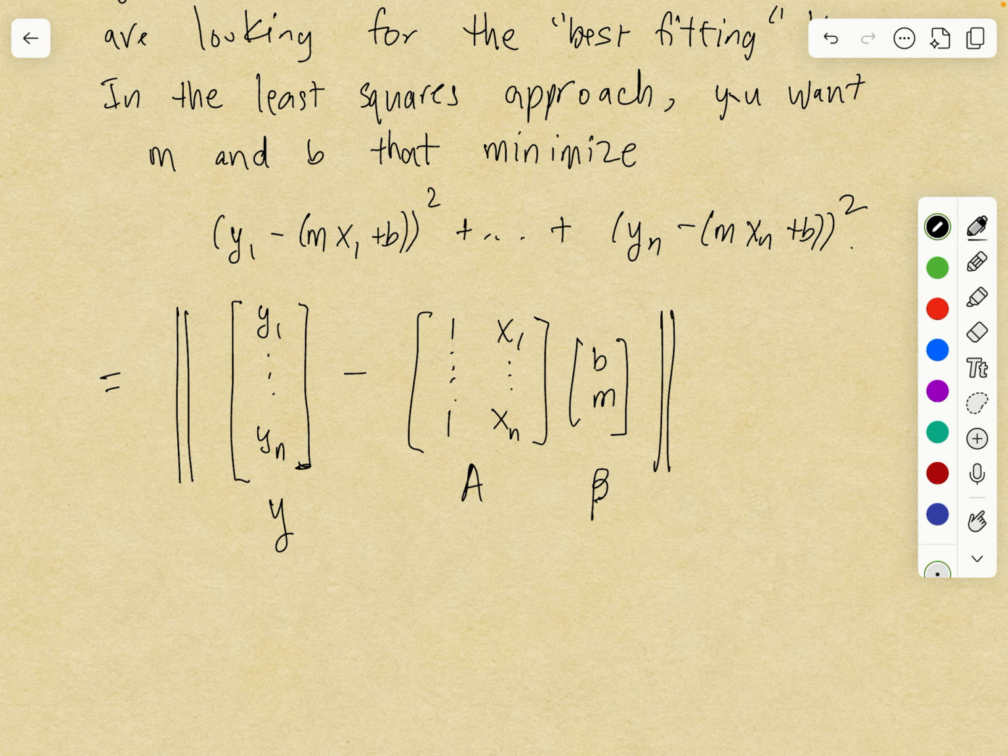And in a previous video, I explained how to use the concepts of orthogonality and projection to calculate that vector. You basically want to project the vector y onto the column space of A, and that vector is what you would use